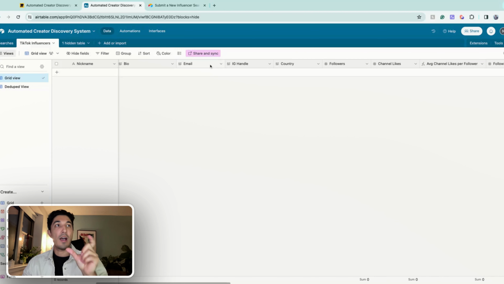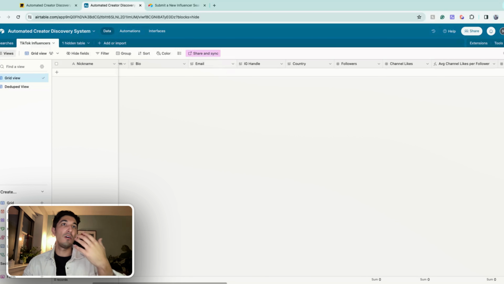And then there's a couple AI pieces in here that are really handy. So there's an AI agent in the back end that is going through and scraping the bio for 3 different things. The first is email. So I was hearing a lot from folks that finding emails is a really hard thing to do because they have to go into the bio, copy and paste it into a spreadsheet. So we're automating that completely. And if the email is in the bio, it'll find it and pull it out, right?